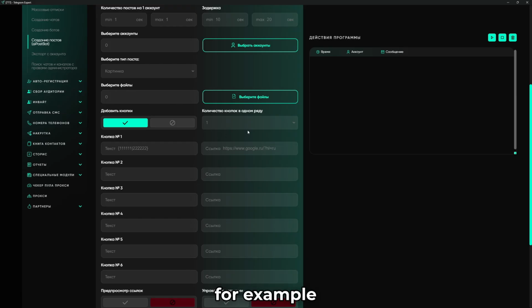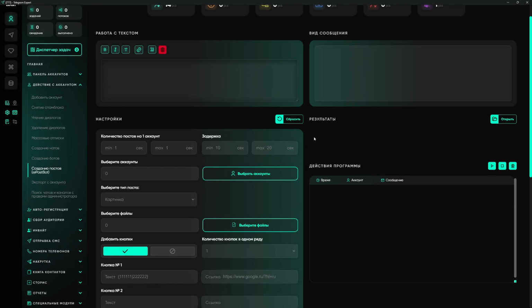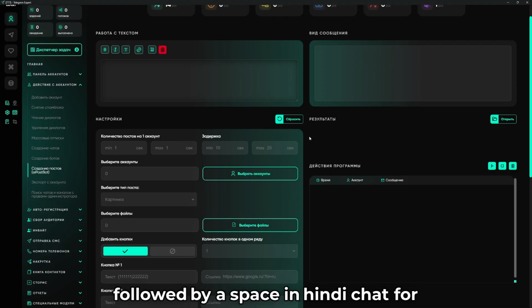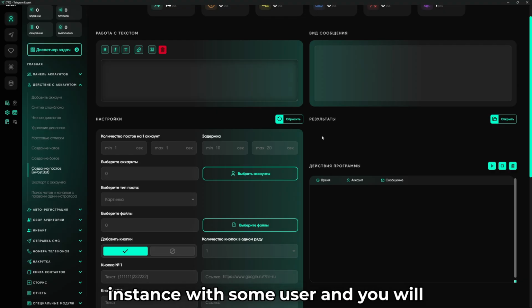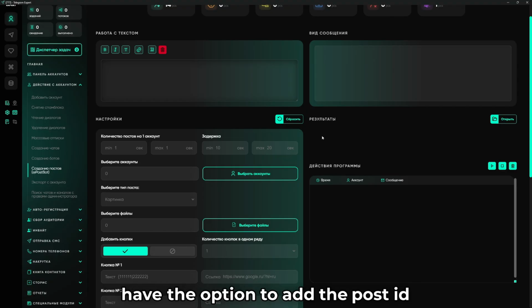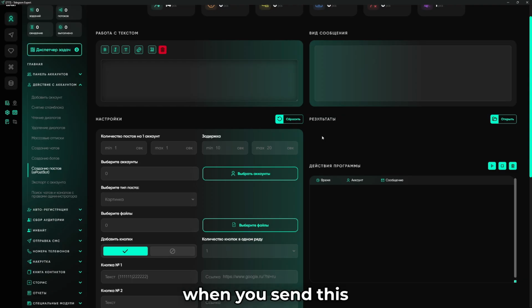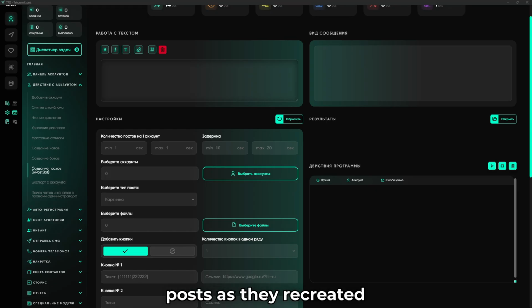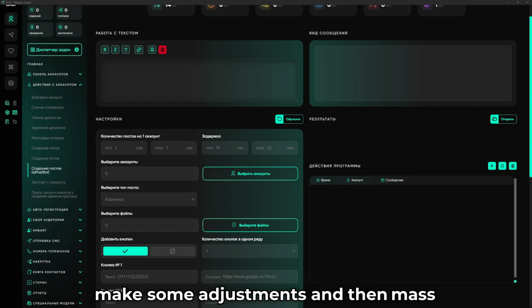For example, to see how a post will appear in Telegram, you need to enter Postbot followed by a space in any chat. For instance, with some user, and you will have the option to add the post ID. When you send this, the post will come from the bot. This way, you can, for example, check your posts as they are created, make some adjustments, and then mass produce everything